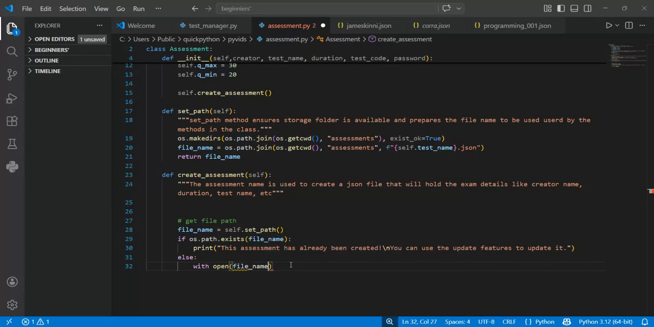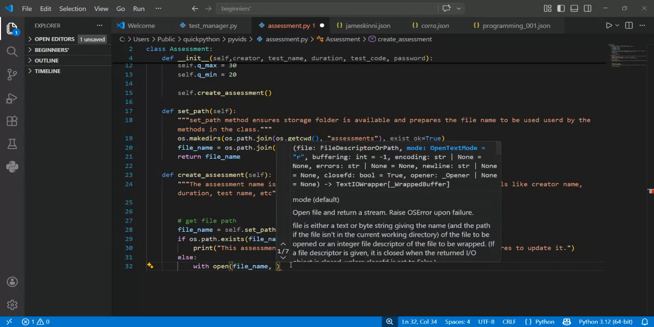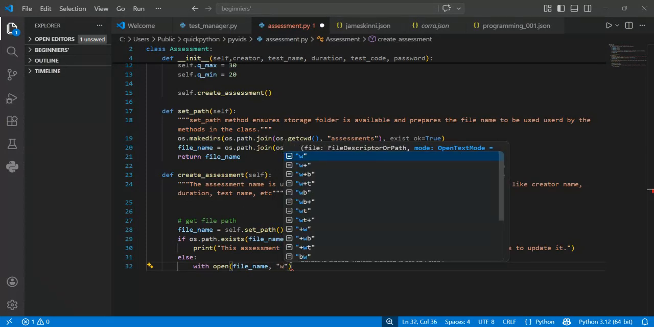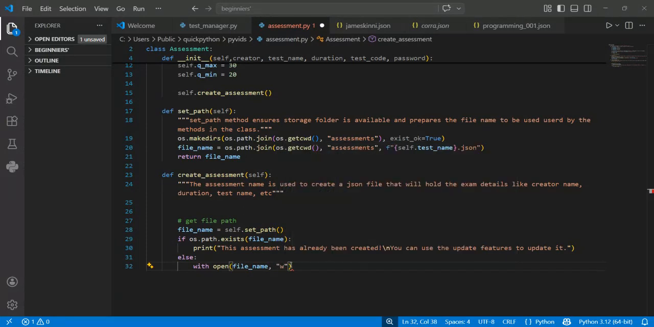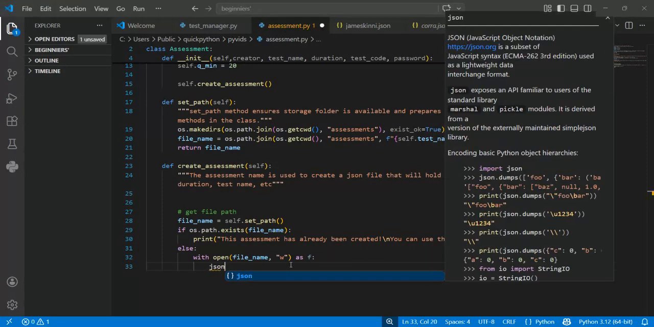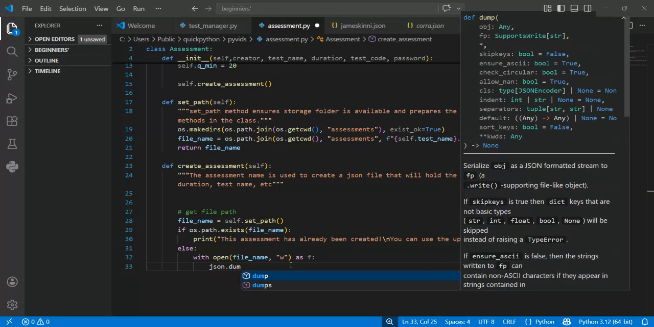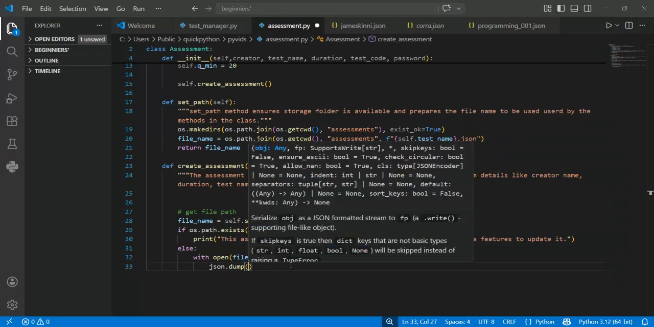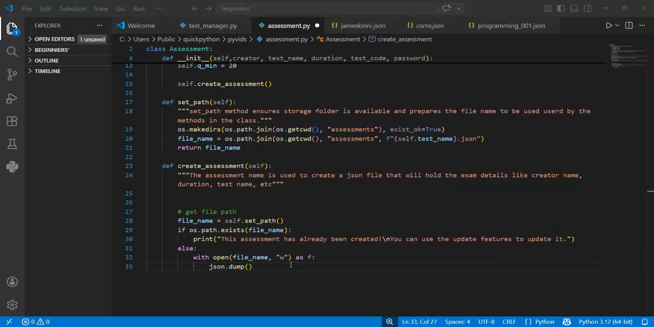So with open, the mode is going to be write, as F, and then it's a JSON file. So what we want to do is to dump something inside. So we say json.dump, self.assessment. You remember that here